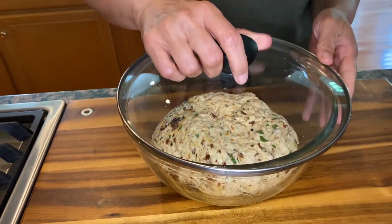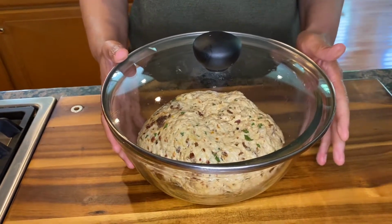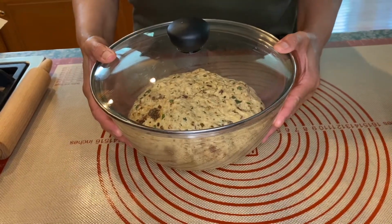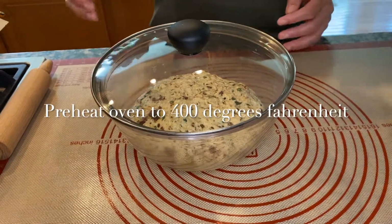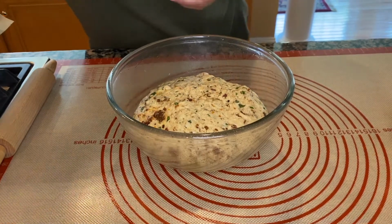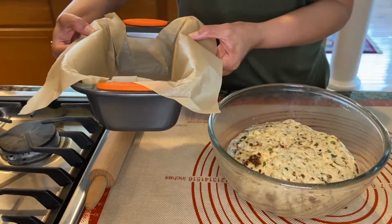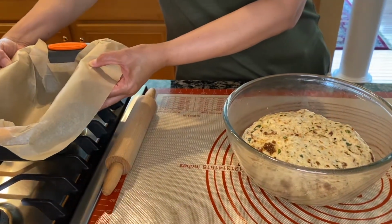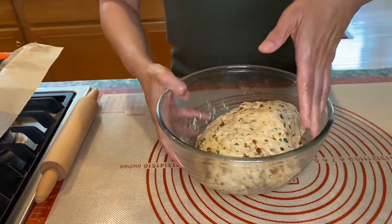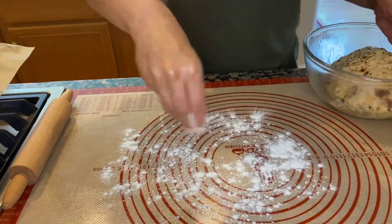Now we will cover this bowl and place it in a draft-free environment for about 2 hours before we are ready to bake our bread. Our dough is ready for us, and I have also started preheating our oven to 400 degrees Fahrenheit, and here on the side I have a 9" by 5" loaf pan lined with parchment paper and ready for us. So now we will dust our surface with some flour